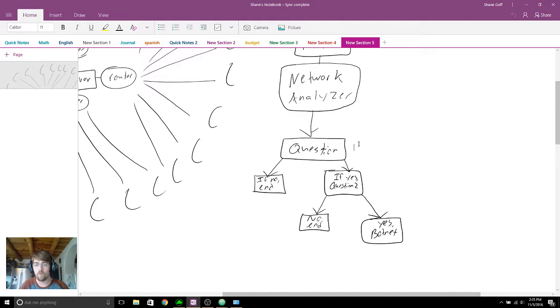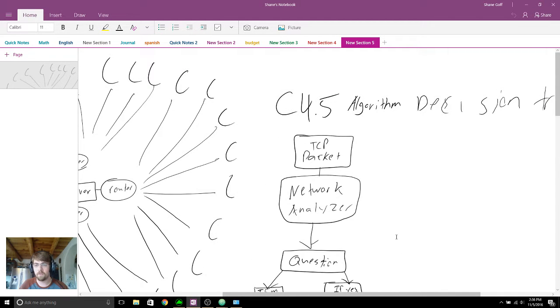So here we have a question, and if the question returned a no, then that would be the end of that. It would most likely be, in this example, legitimate traffic. But if the question answered yes, then it's possible, hey, this might be illegitimate traffic. It could just be an attack from a botnet. But if not, you can still cut the process. It's still legitimate traffic, or eventually you'd come to the conclusion that yes, that is not legitimate traffic.